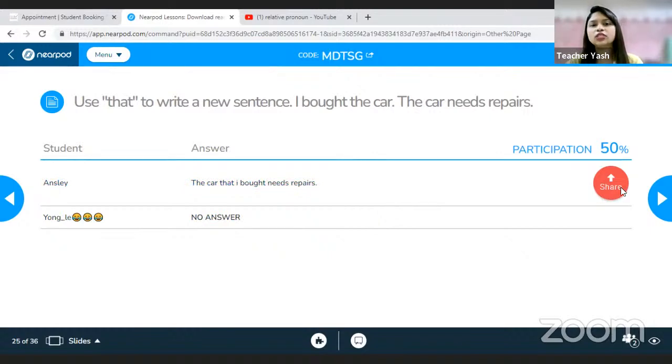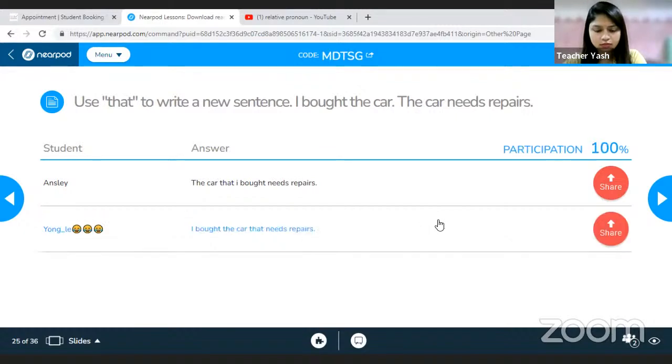And see, you can make your own sentence with the relative pronoun that. Yongla, make your own sentence with the